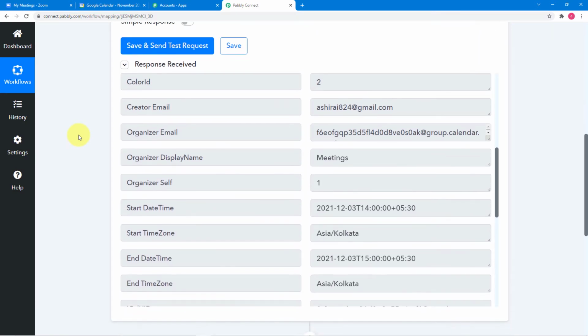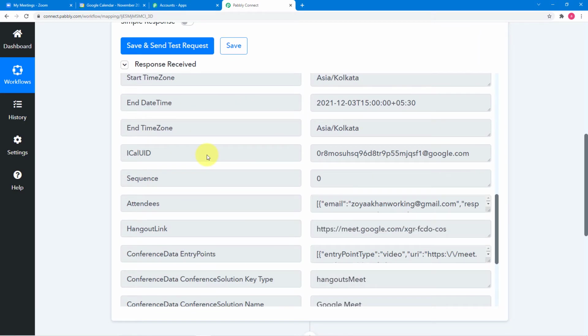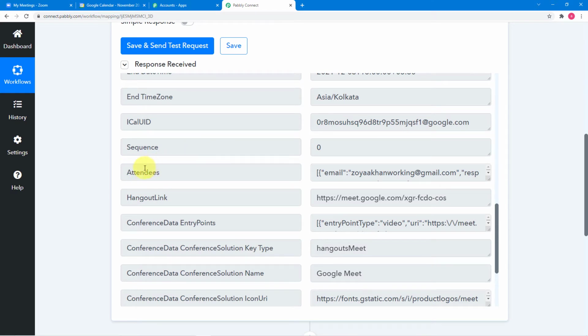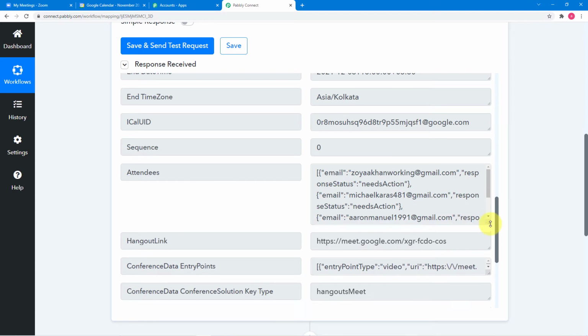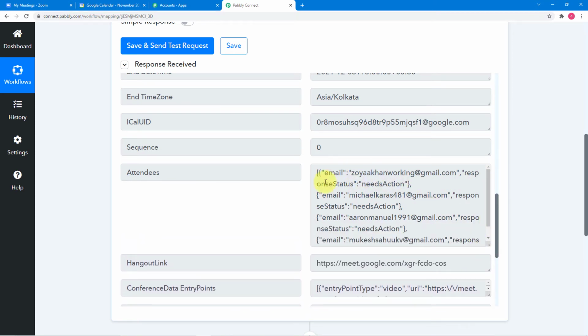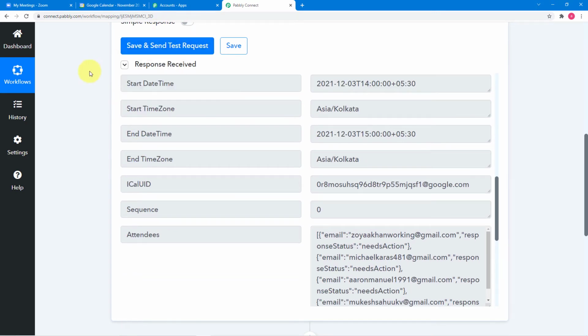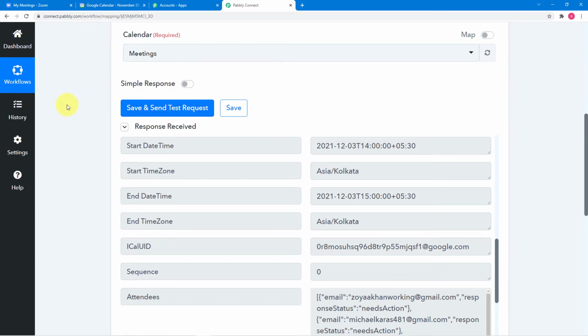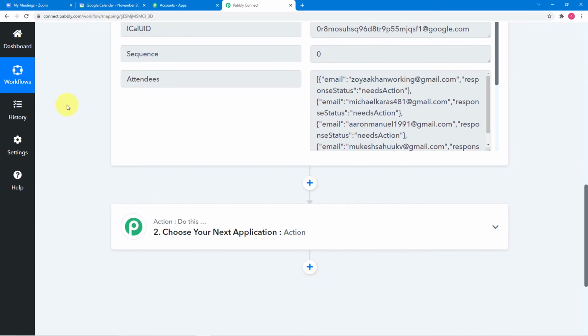Okay, so now it starts showing the data in this format like this, and here you can see we have this attendees label and we have the email addresses of our guests like this in this array format. Okay, so to get the list of our attendees in this format, I have toggled this simple response button to off, and we are going to use this label again in this workflow. That's why I have toggled this button to off, right?